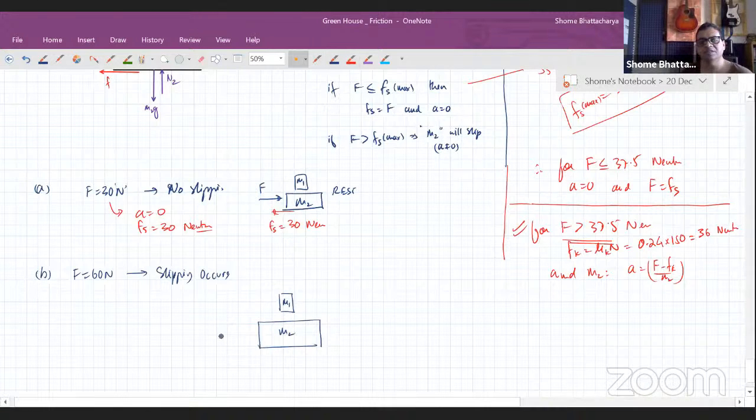But I'm just talking about initially when we are applying this force, just at that instant, when this force is 60 newtons, there will be kinetic friction of mu k into N, which we saw is 36 newtons, which acts on this. So this block starts sliding, whereas this block momentarily remains at rest, then it of course falls off. So basically what will happen is that you are applying this force on this. So this starts moving like this. And then after a while,